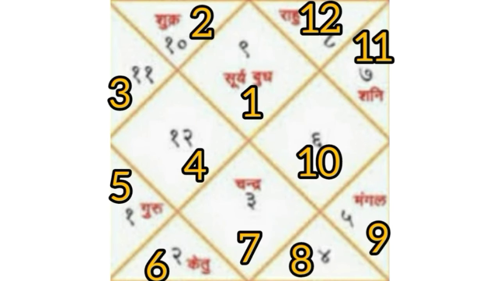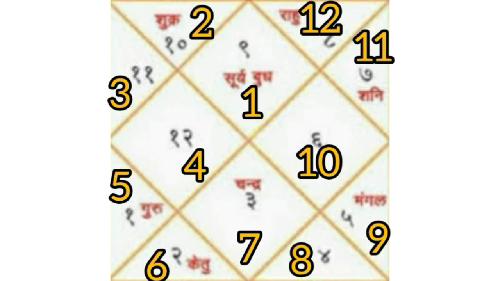The bigger numbers here are the houses. The first house is called the ascendant. After that is number 2, which is the second house. I'm talking about the bigger numbers. So now you know which one is which house. First house, second house, third house, fourth house, fifth house, sixth house, seventh house, eighth house, ninth house, 10th house, 11th house, and 12th house. The bigger numbers are always this way in the North Indian style. Wherever the big number 1 is placed is the first house, always in any North Indian Kundli.